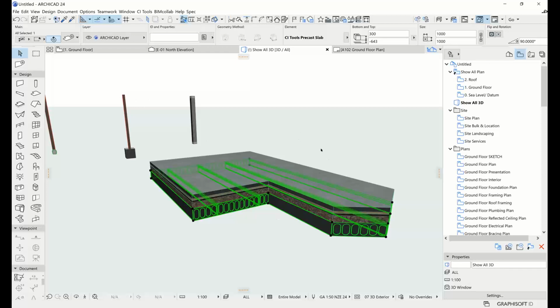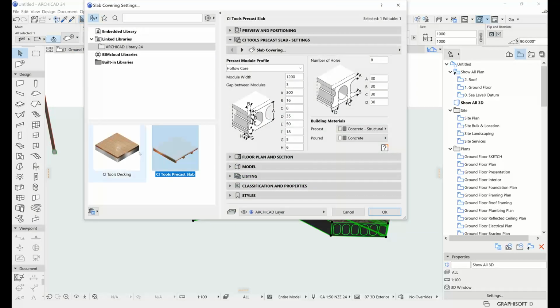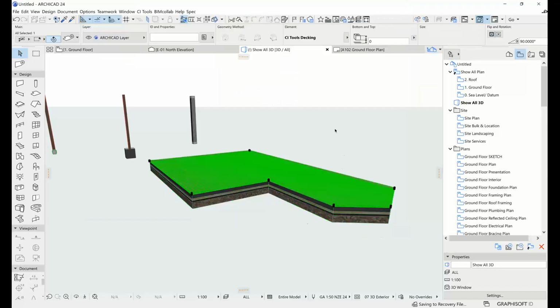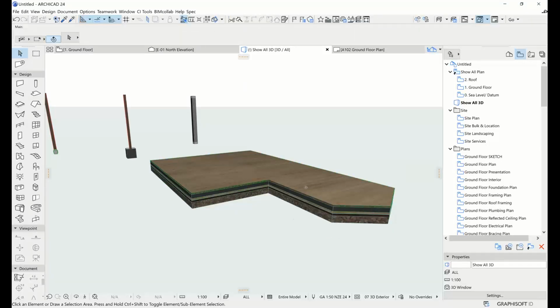So that's the precast slab covering, and then the other one is the decking, which goes up on top of the slab instead of on the bottom, and that literally just lets you do decking. So the options are flat or reeded, and you can choose what kind of grooves you want to use if you are using the reeded profile. You can set out everything the way that you want it to and what color you want it to be, and then hit OK. And again, same as all of the other coverings, it takes the shape of whatever it's